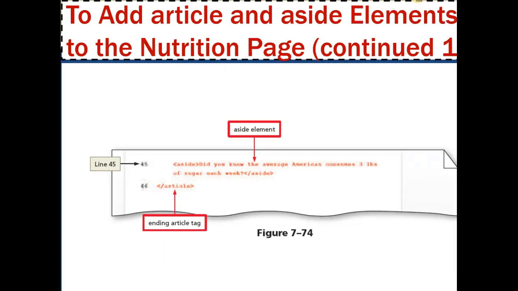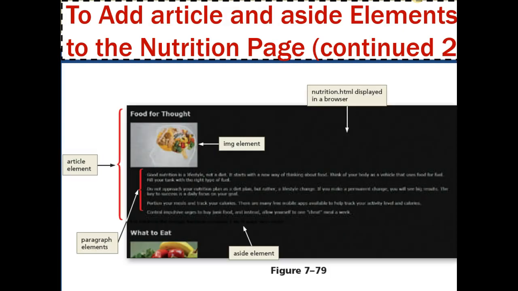The next part is basically you want to end your article element, and also we are adding an aside element as well. And then you can test it. After this, you can just test to see how the page would look. So, and then another step, at the end,